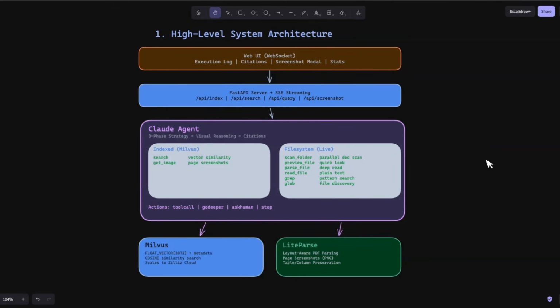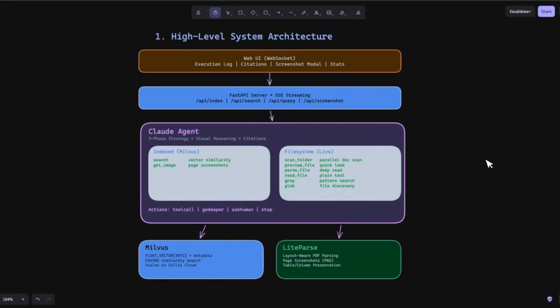So this was a quick overview of the project that I'm currently building of giving Claude agents persistent memory. The code is open source. A link to the GitHub repo is going to be in the video